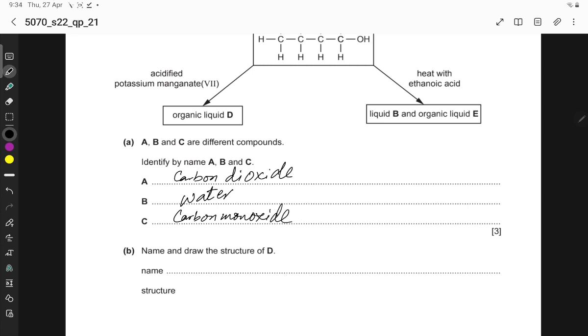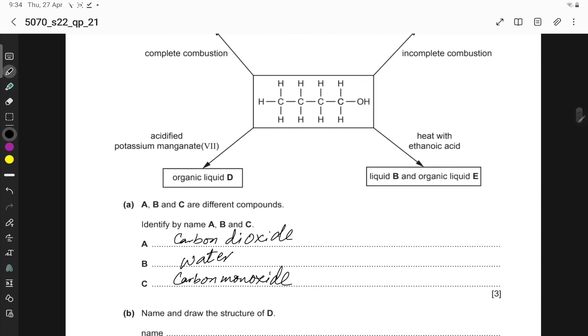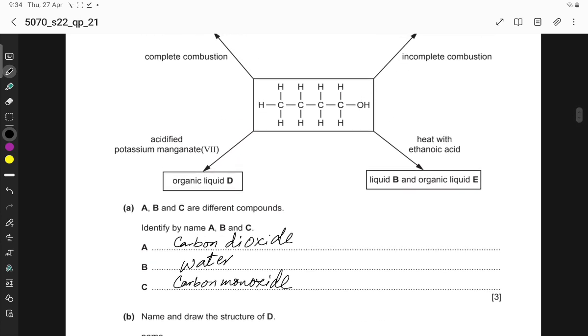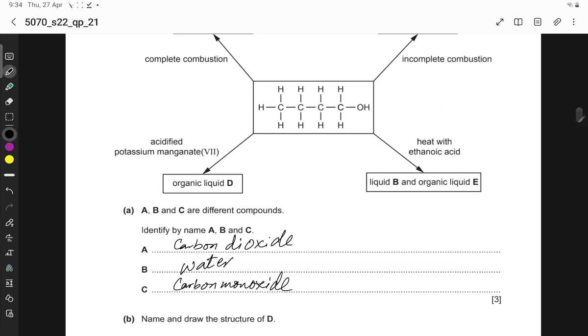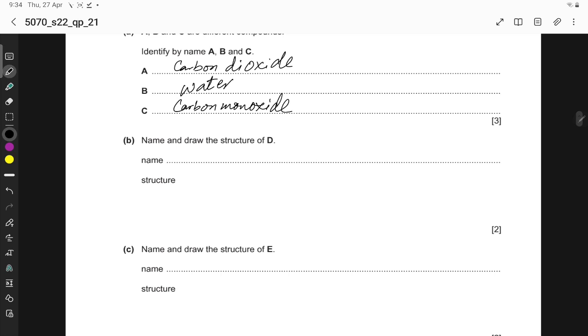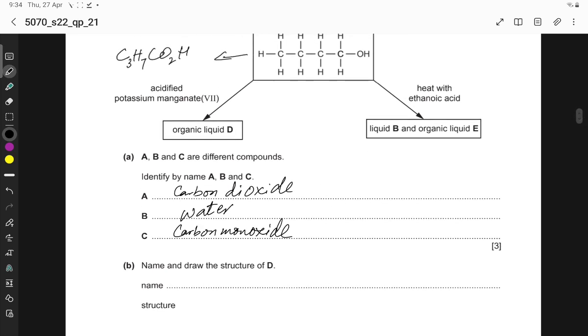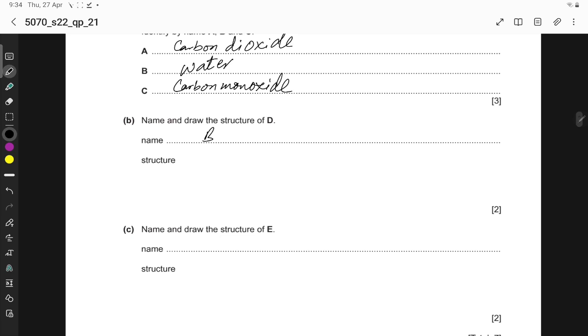Name and draw the structure of D. Acidified, this is alcohol. Alcohol changes into butanoic acid. So this is C3H7CO2H. When reacted with acidified potassium manganate 7, the name is 1, 2, 3, 4. Butanoic acid and the structure is